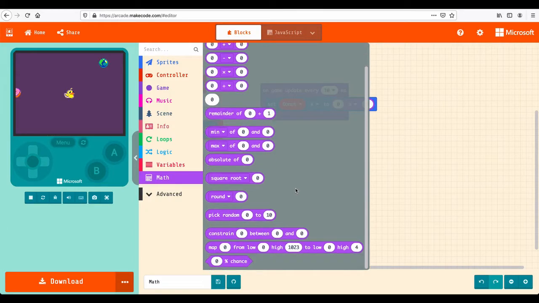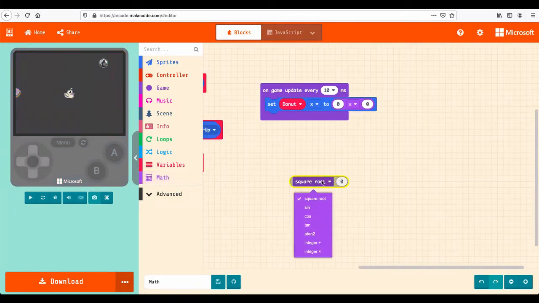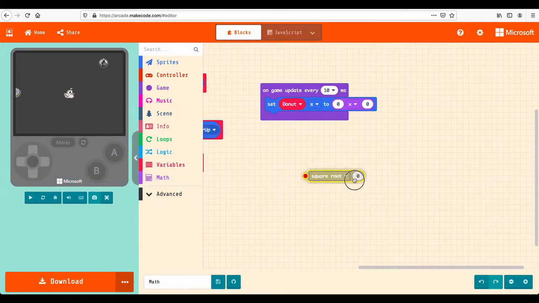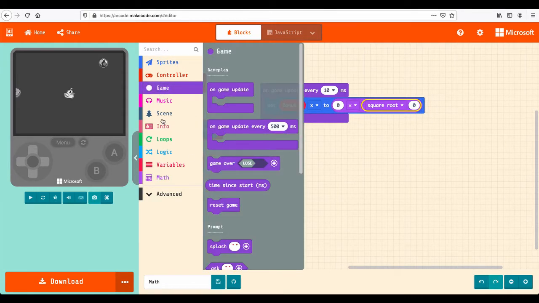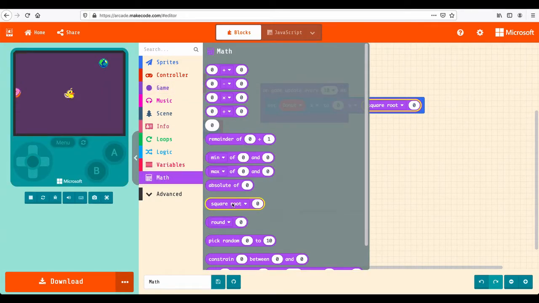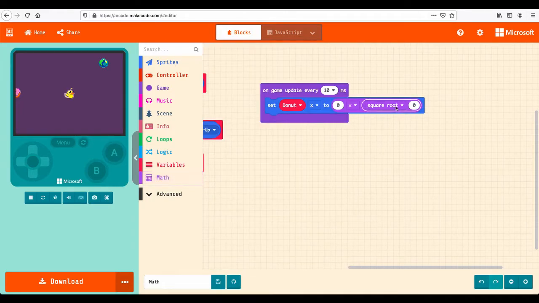Almost threw myself for a loop there. The square root block is where the sine function is hiding. So under the math drawer, square root of 0, underneath that drop down is the sine option. I kind of think that should be separate. I don't really feel good about hiding sine, cosine, and these other things underneath square root, but anyway, so sine,